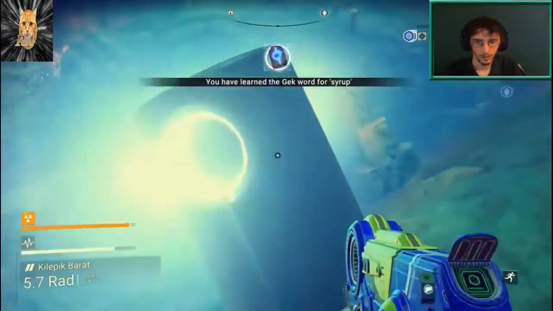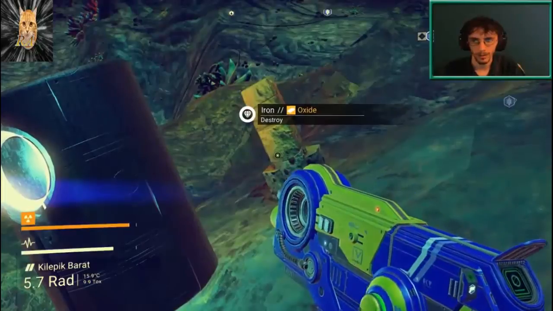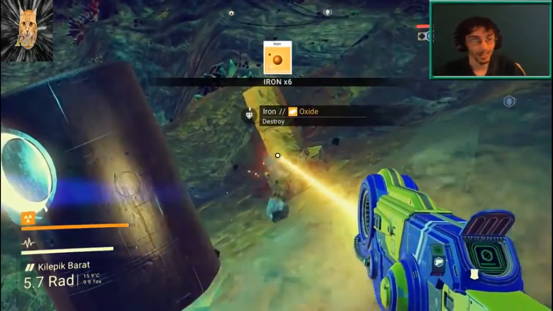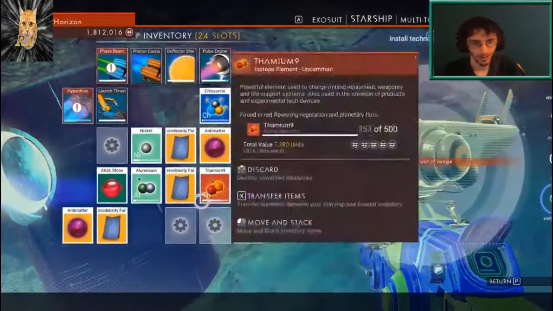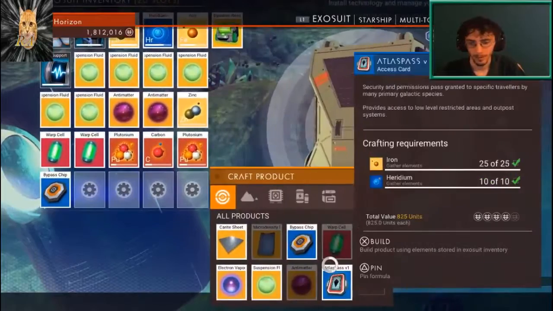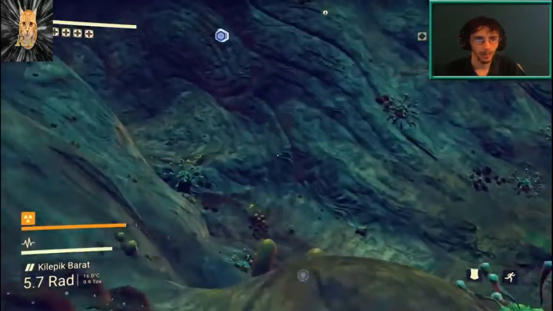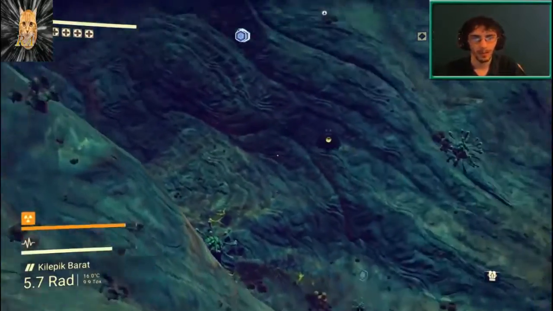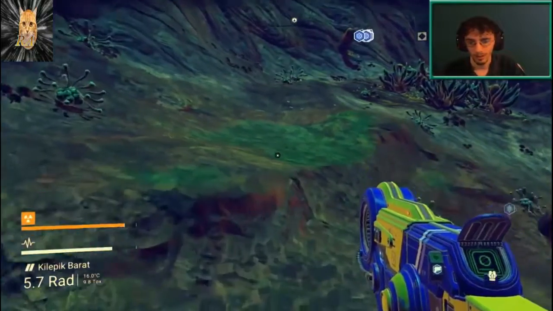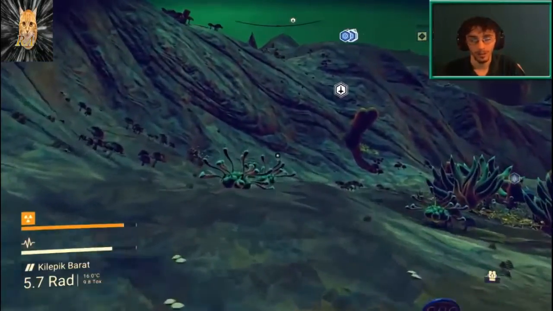Thank you. Grab a little bit more iron. Wait. I don't need my bolt caster. I need my mining tool. Thank you, sir. Atlas pass V1. And back to the ship, back up to the space station. Grab what we need from there. Then we hyperdrive our way over towards our next space, which is going to be towards the Atlas station, and